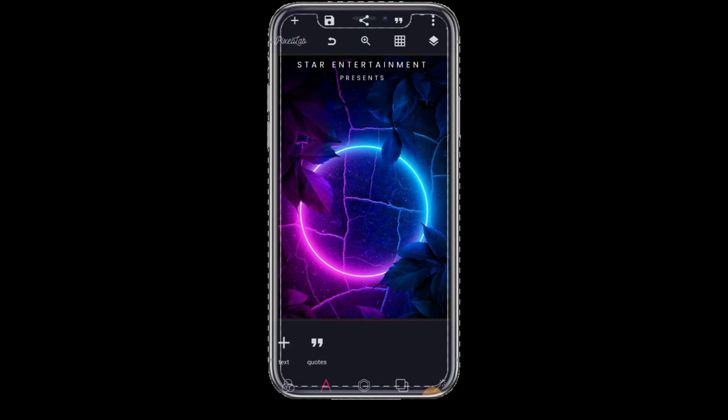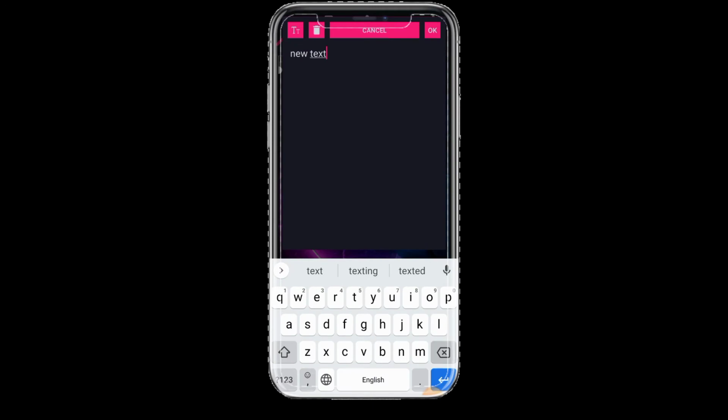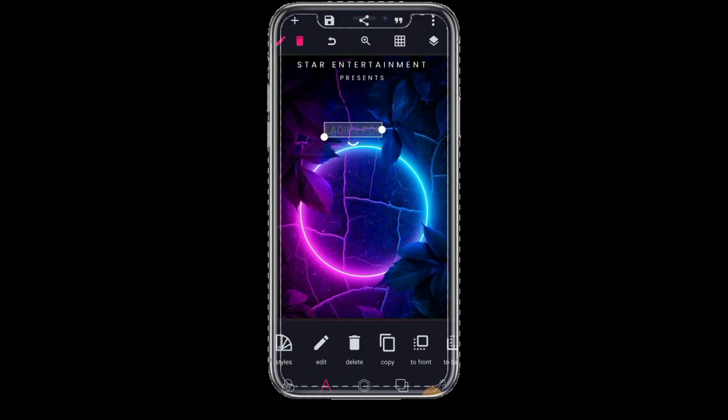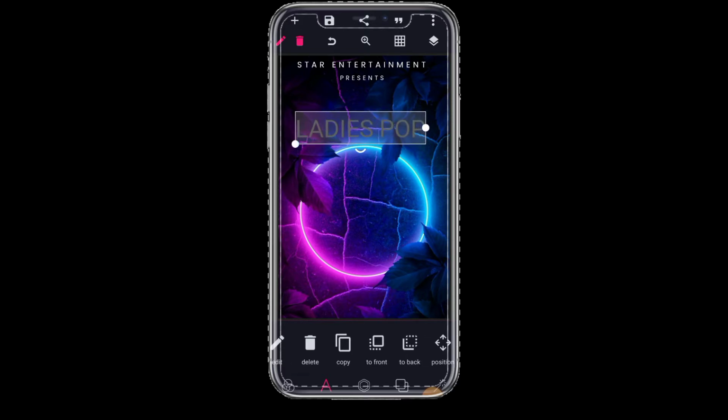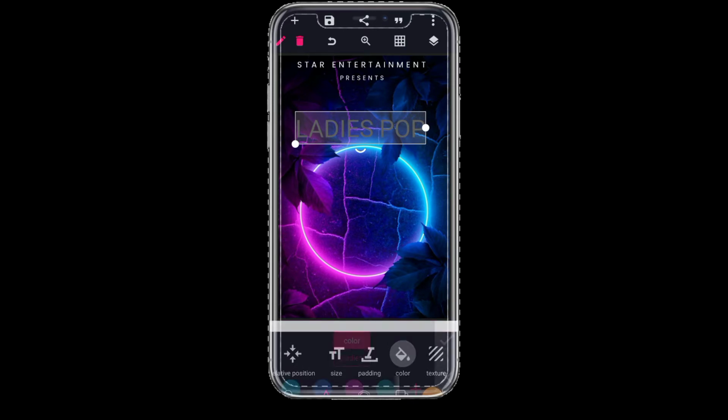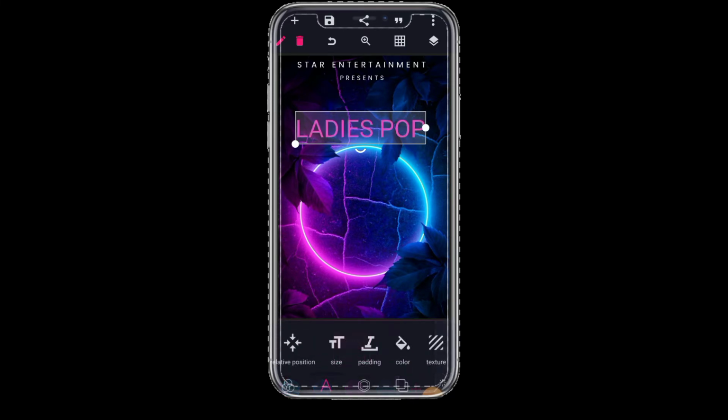Okay, so when you are done with this, we are also going to enter another text. So we are going to enter ladies pop. Okay, so you can use any text, depending on the kind of party flyer you are designing. This is just for tutorials, and I might not get the content right, so these are just things for the purpose of the tutorials. Okay, so we are going to use a pink color for the ladies pop,